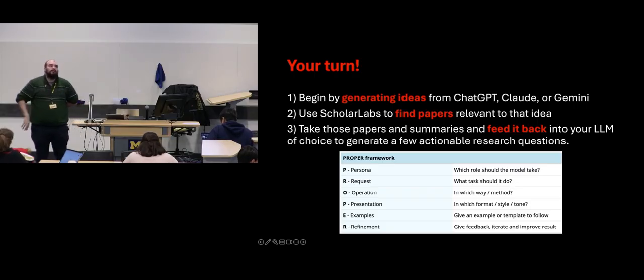I don't think that some of the agentic things that are built into ChatGPT do. ChatGPT and Gemini have access to the web, but I don't think that they go to Scholar and search papers. That's the nice thing about Scholar Labs: it has access to the Google Scholar database, which